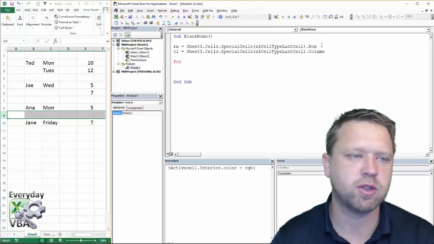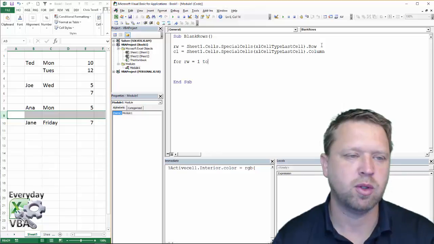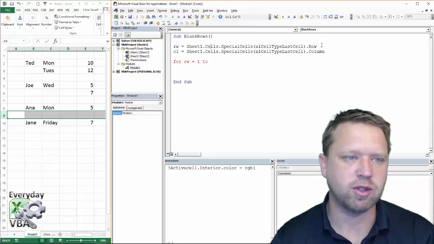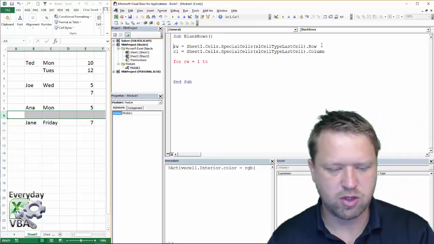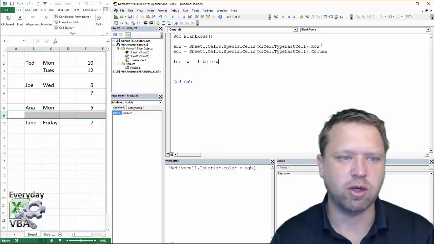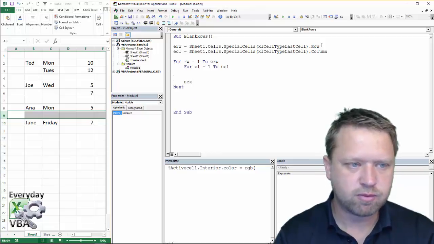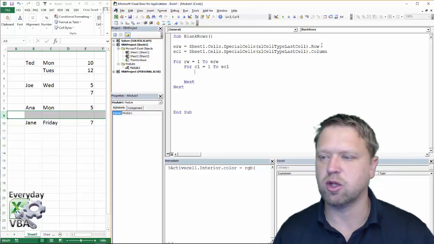So this is going to be 2 for loops. So we're going to do For rw equals 1 to, sorry, I'm going to change these names here just so that it's simpler. So this is going to be ERW or end row. That makes it more clear to me. That's kind of my standard naming convention for that type of stuff. So now we're going to do For CL equals 1 to ECL. Next. Now we've got a loop that's going to go through each